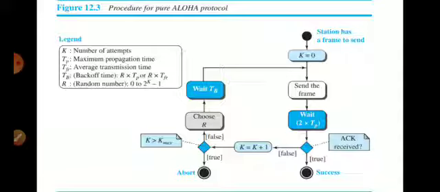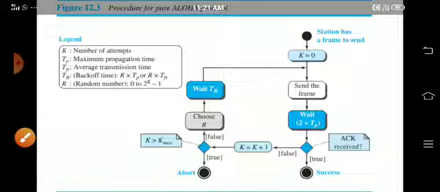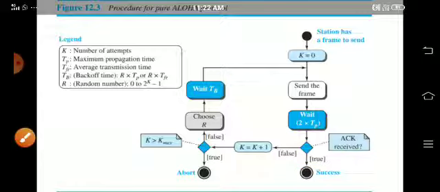Now you can see how it works. Whenever a station has a frame to send, it sends the frame, and then it waits for the round trip time, which is 2 times TP, where TP is the maximum propagation time. It waits for the acknowledgement. If it gets the acknowledgement, that is true, then it is a success and the frame has reached. If it is false, that is, if you don't get any acknowledgement,